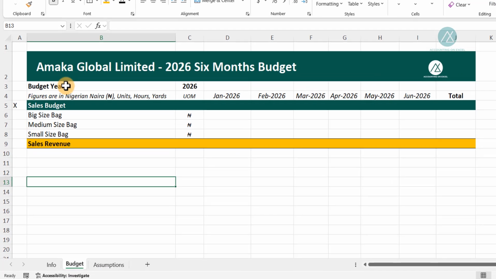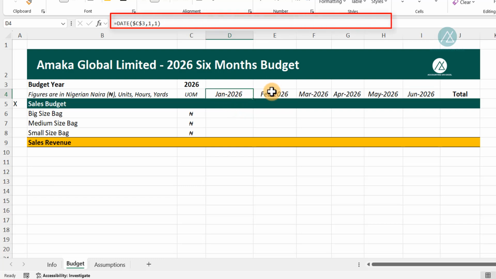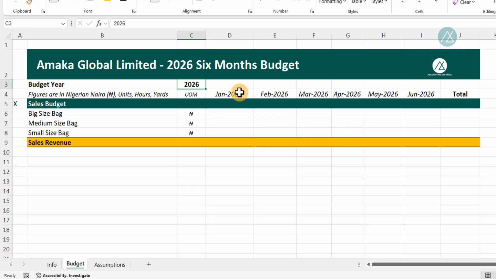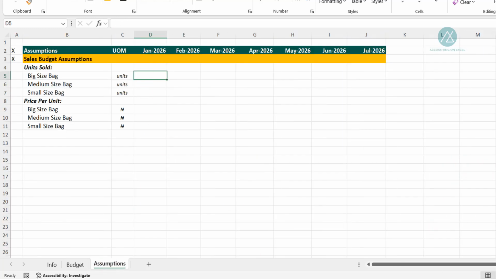Right. So as you can see, this is the budget sheet and we have it here. The year, the budget year, you input it. So we have 2026 because we are preparing for the first 6 months of 2026. So when you input your year here, automatically the first 6 months will generate through this column I. So there are formulas in these cells, these heading cells, as you can see on the screen. There are formulas in the cells. So all you need to do is to input the year, and this generates a 6 month budget, right? So that is it. And also it impacts on the assumption sheet. Right, it impacts on the assumption sheet.